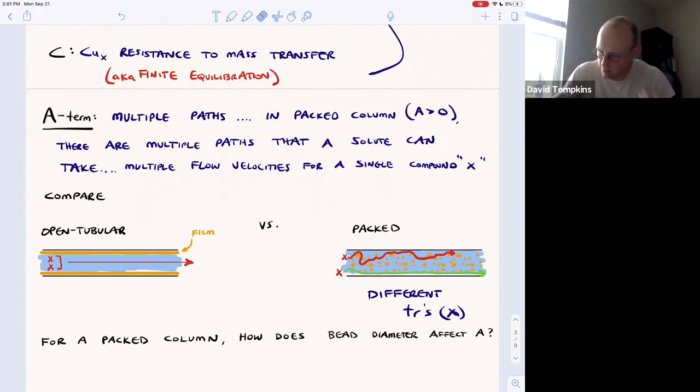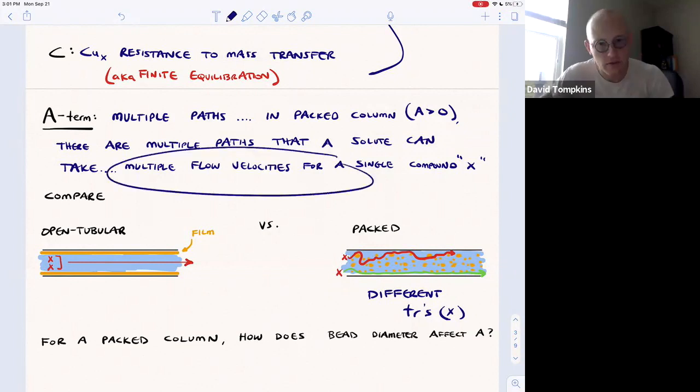And molecule X should really come out all around the same point in the separation, because molecule X is identical to any one of its counterparts, or it should have the same characteristics and should stick to the stationary phase with the same affinity. So we do not want this optional case of having multiple flow paths. It's bad for resolution, okay? It gives different flow velocities for a single compound, right? Or leads to what's called